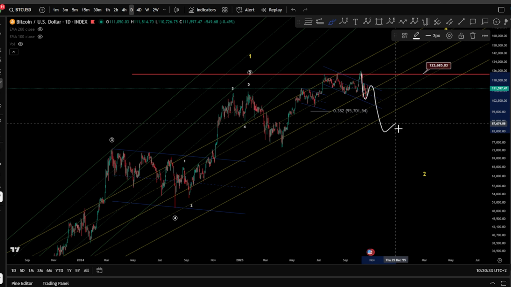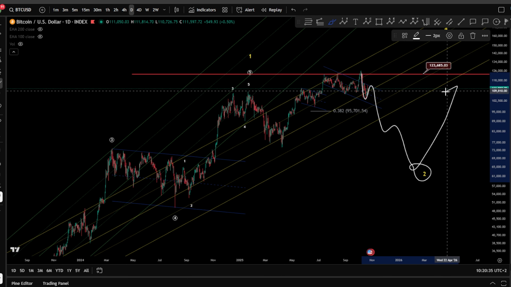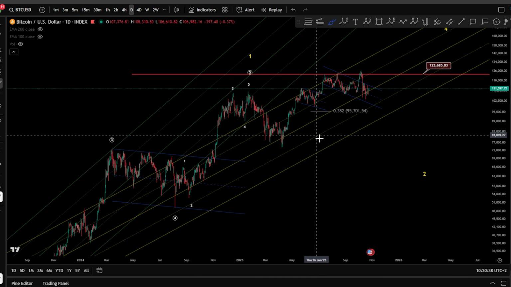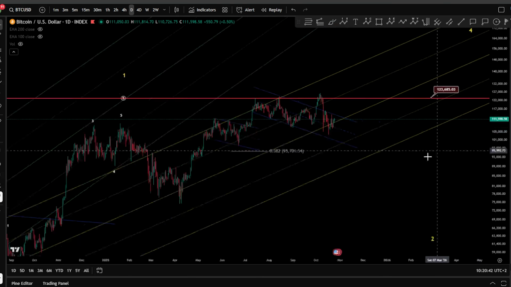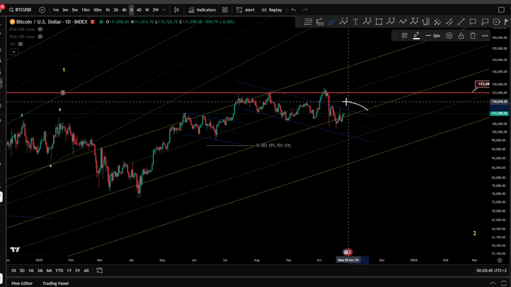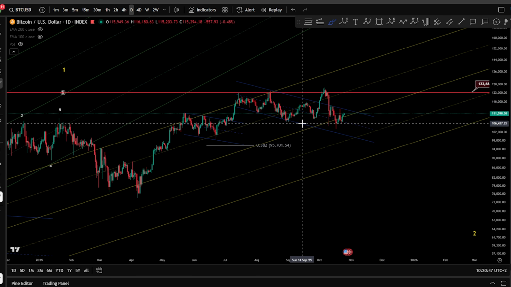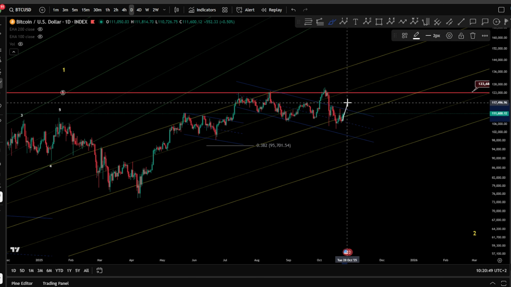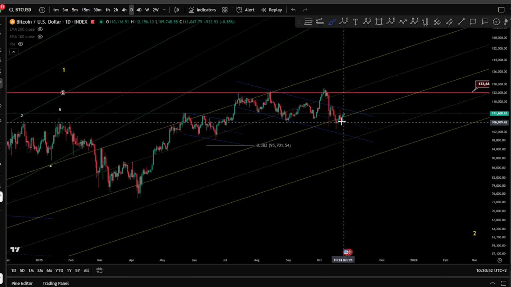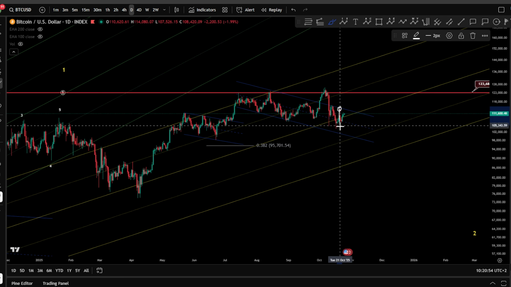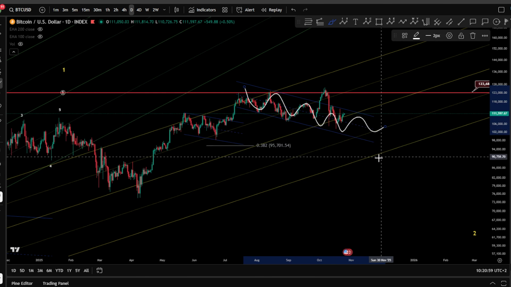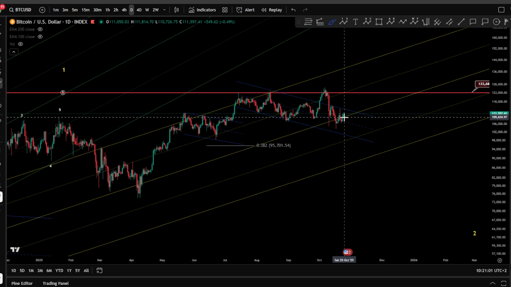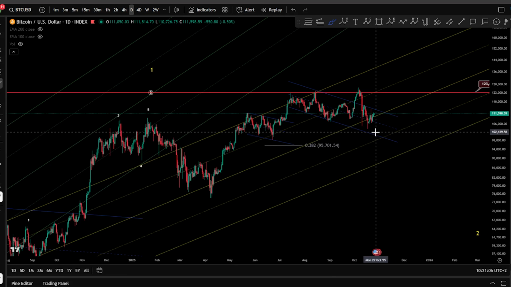Meaning 1, 2, and then 3, 4, and a 5 for a wave 2, and then starting a new bull run again. Now, in this channel here, what I would like to see for bullish, of course, is the price getting out of this corrective channel first. So that would be the first signal. If we get out of the corrective channel, as you can see, even the price has rejected from there, and we're still ranging inside this corrective channel. So we're going to see, of course, if the price gets out, okay, things start to be again potentially bullish.